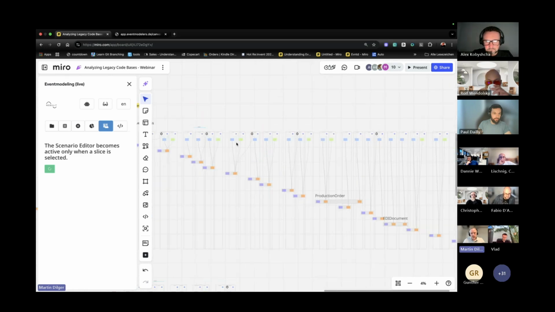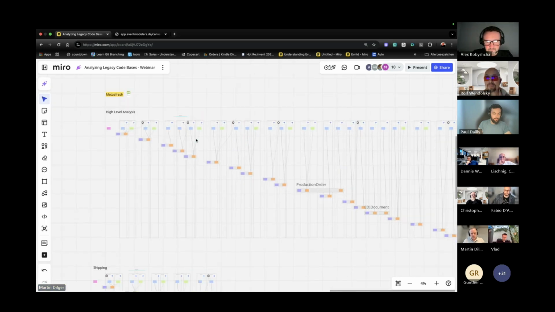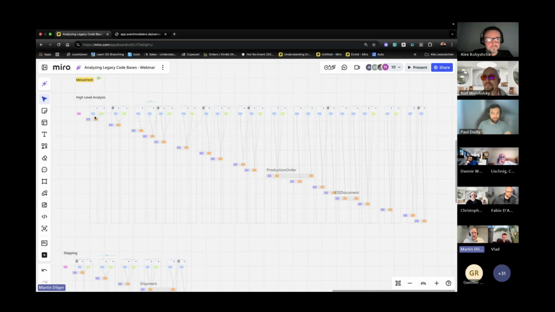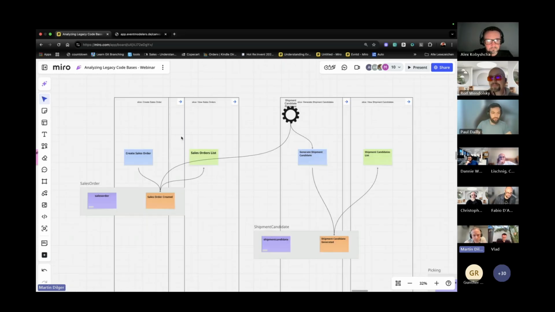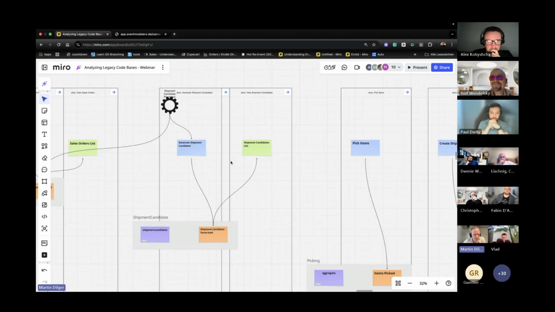So this is the high-level analysis. This is the high-level flow. And if you look at that, that's really interesting. It tells you basically what we are dealing with here. So we have sales orders. That's one thing we're dealing with. Then there are shipments,